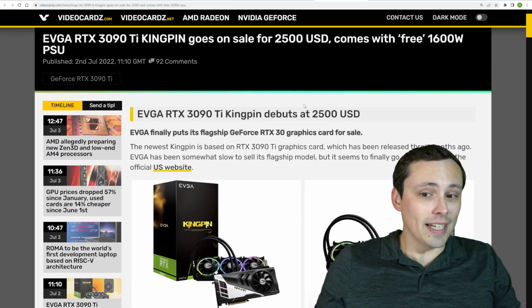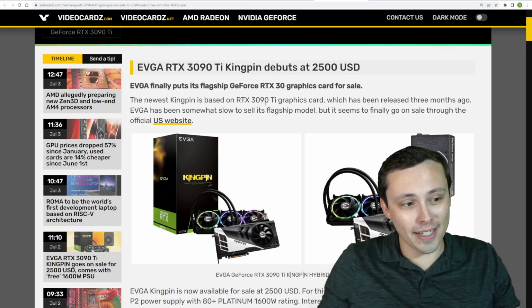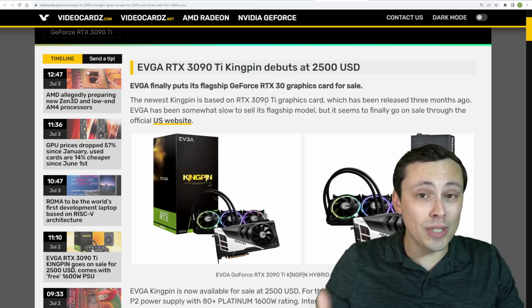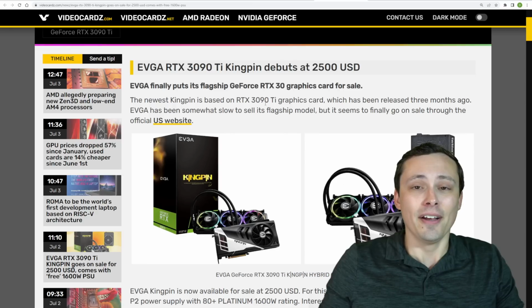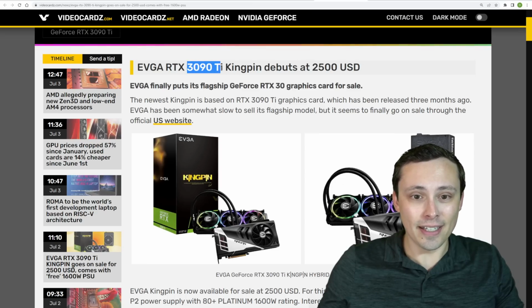Now, take a look at this. You want to waste some money on a GPU. How about a 3090 Ti Kingpin? Actually, I don't mind this, just in the sense that this is obviously for people who are pursuing extreme overclocking. This is not somebody looking for a value gaming GPU. So if you want to pursue extreme overclocking at the tail end of this graphics card generation, here you go,